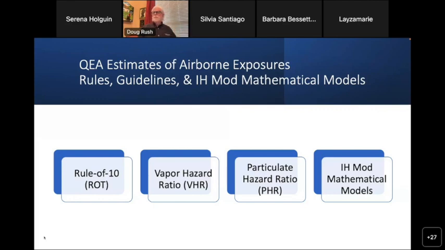So you need to deal with something that there's a potential exposure in the workplace. It's a new exposure. You can work out some vapor hazard ratios and get an idea as to, well, do I have this problem? Or it's an existing process. You can use some of these rules that are in our IH resources out there, which if you've been in the field a long time, you've probably seen these things. You may not use them anymore, but I'm just throwing them up here so that you can be aware of them.